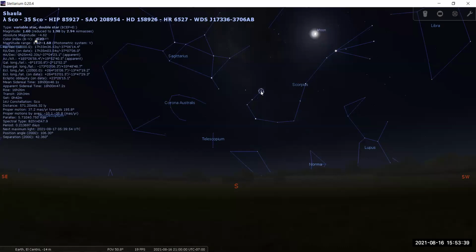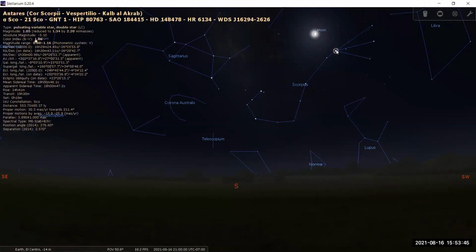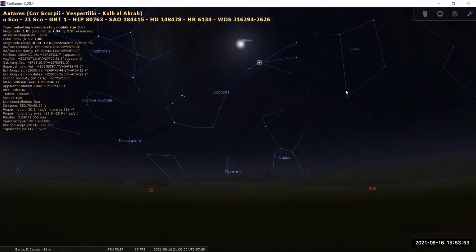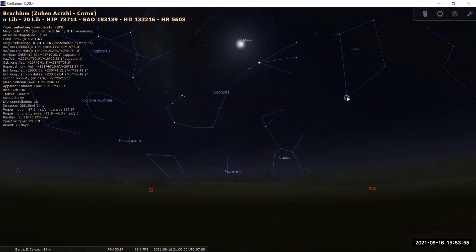This is the tail of the Scorpion, and this is its body. And the eye here is Antares, which I was talking about earlier. This is also part of another constellation that is part of the zodiac signs.